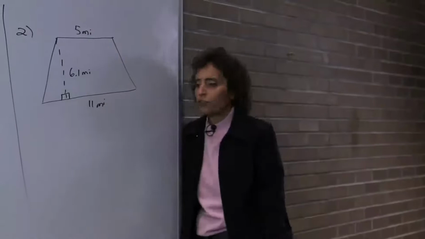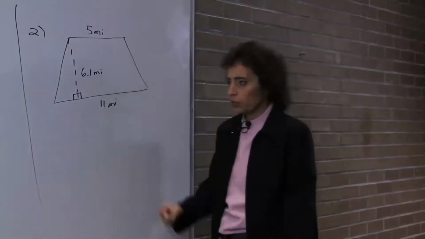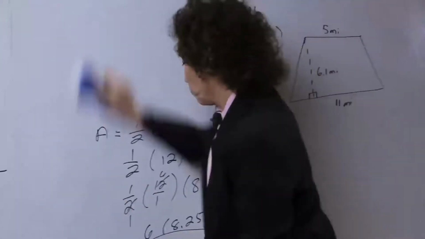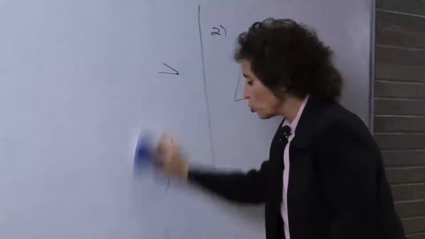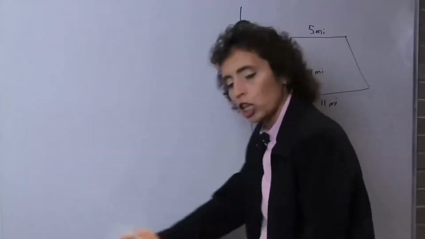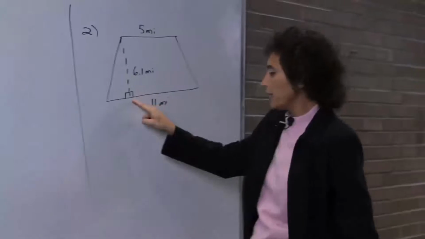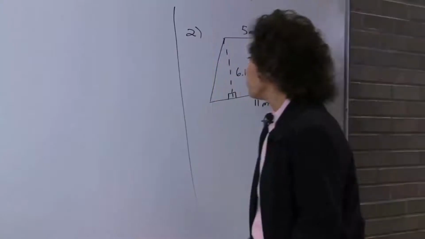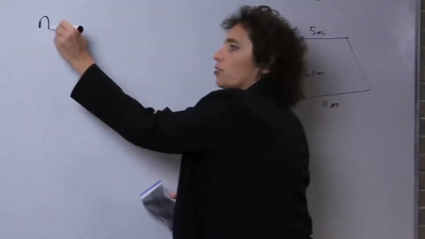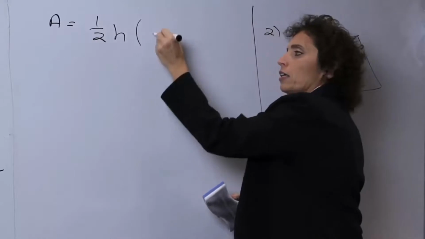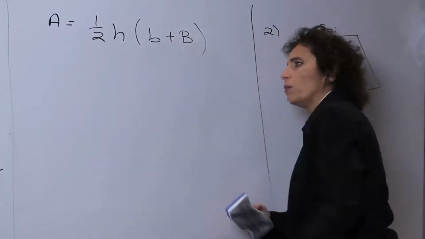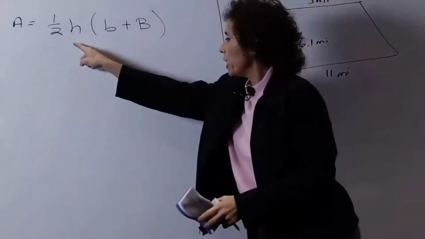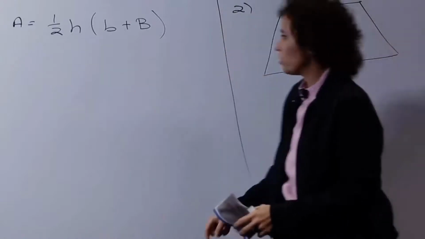Okay, the formula for the area of a trapezoid, you ready? I'm going to put this over here because I think I need more space. The trapezoid actually has 2 bases. It has the upper base and the lower base. So this is the height. The height is drawn to one of the bases. So there's one base, and here's the other base, and here's the height. All right. Formula for a trapezoid is 1/2 the height, little b plus big B. Some books put a plus b. It doesn't matter. But it means just add the 2 bases, 1/2 the height times the sum of the 2 bases. That's the area of a trapezoid.